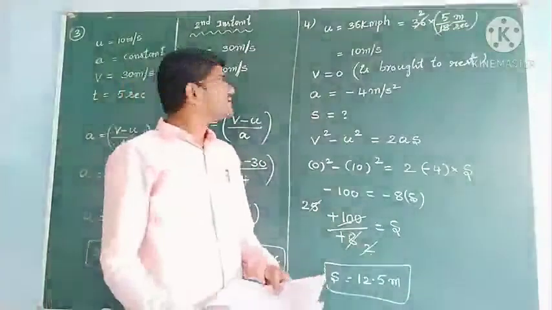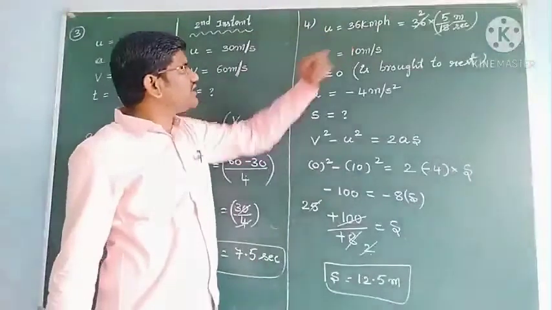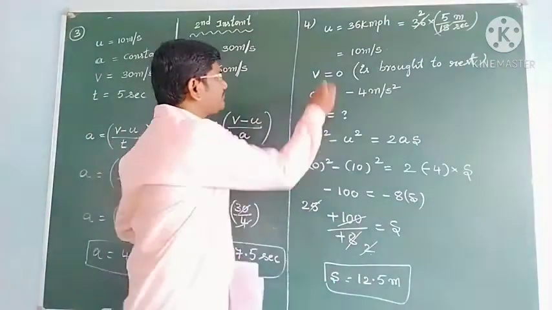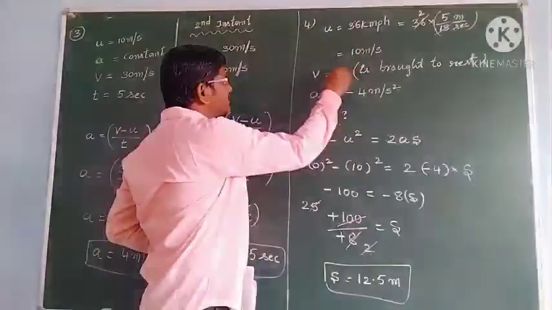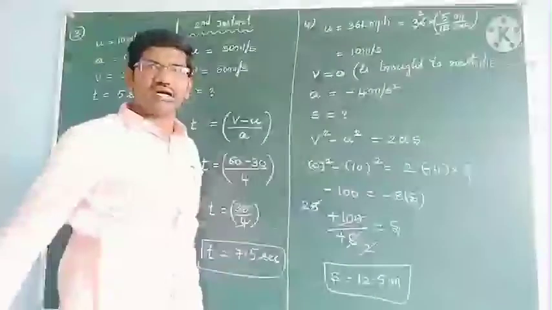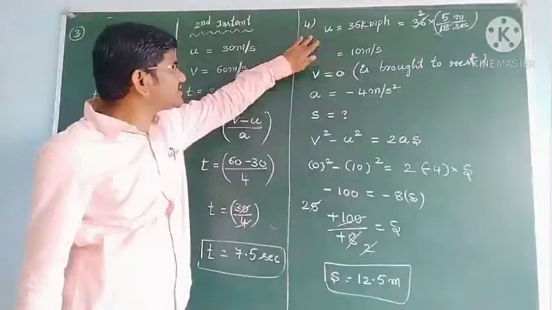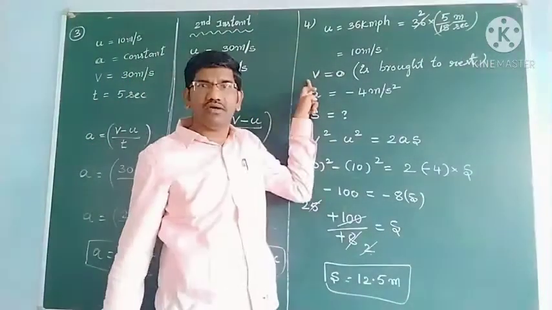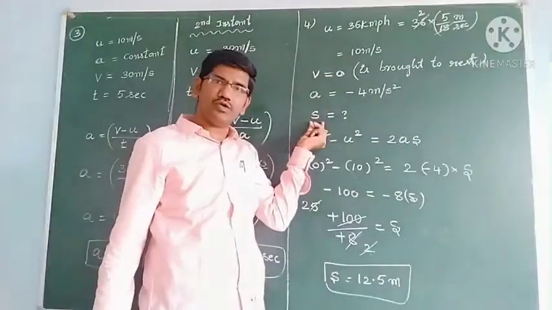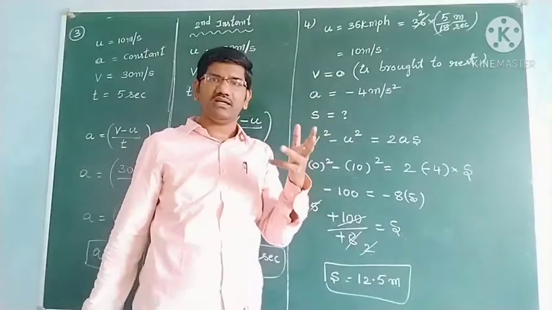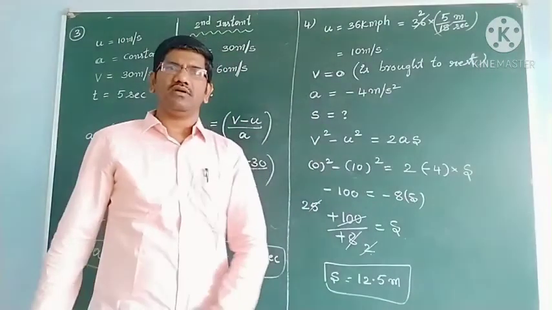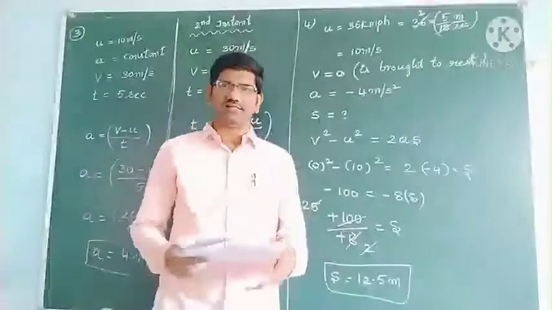Okay students, see this is the initial velocity. Initial velocity is 10 meter per second and final velocity is 0, and they have given retardation also. Like this, read the statement, write the given data, what do you have and which one you have to calculate, put a question mark, then think what equations we have, so we will get the answer. Okay students.